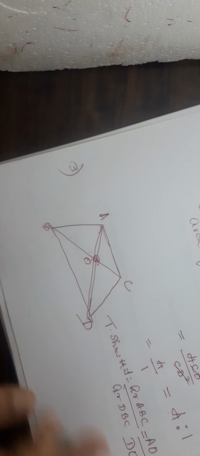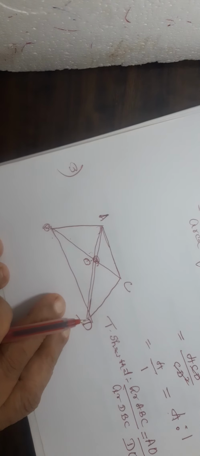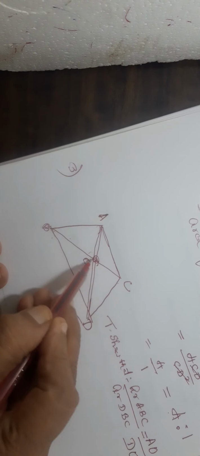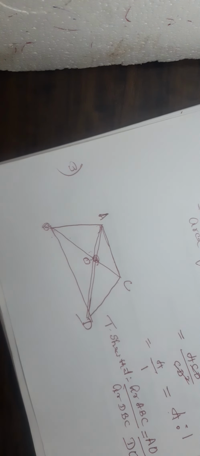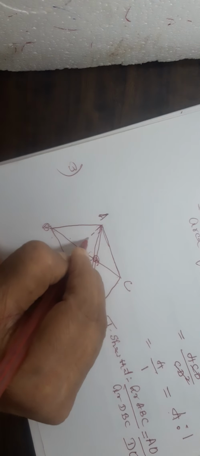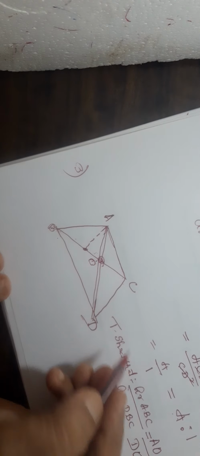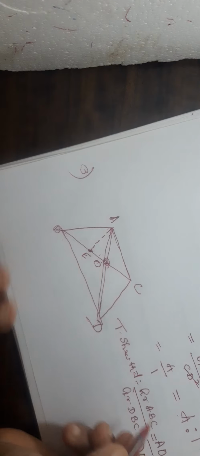So you see, if you want to find the area of any triangle, you should know the formula, half base into height. So in triangle ABC now, BC is the base, but AO is not the height there. Height means it should be correct perpendicular, not a slanted line like this. AD is a slanted line there. So what you should do is, you have to draw a perpendicular here, like this. And ABCD is the name of the figure, no? All 4 letters. So let us give this as E.